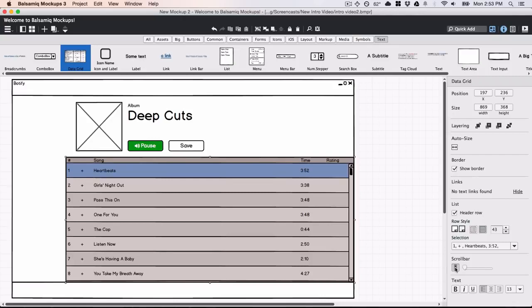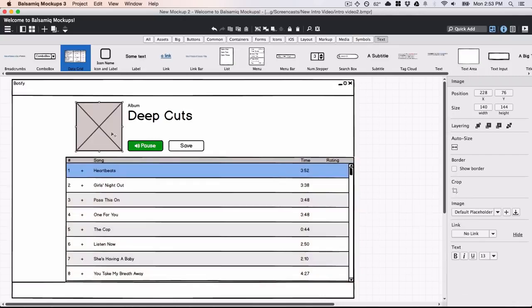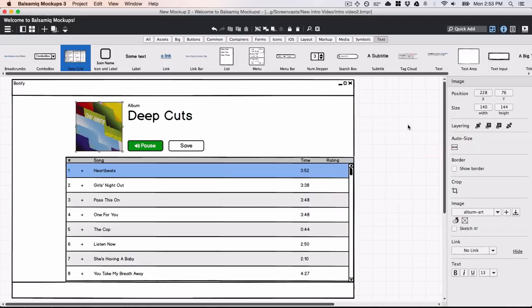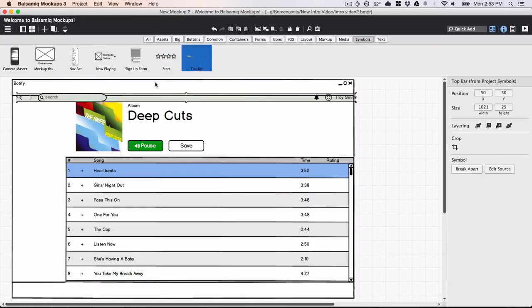I think I'll add an image for the album art to give it a little bit more pizzazz. I can choose from images that I've already imported, get one from the web, or just drag and drop from my computer. Balsamiq Mockups 3 also allows you to create symbols, which are groups of controls that you can reuse